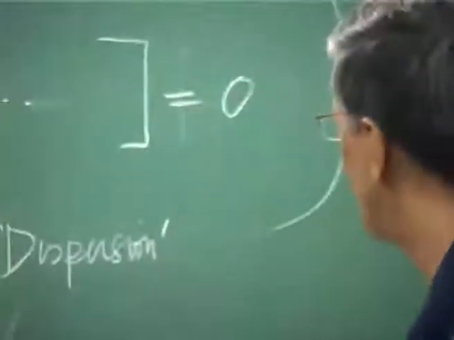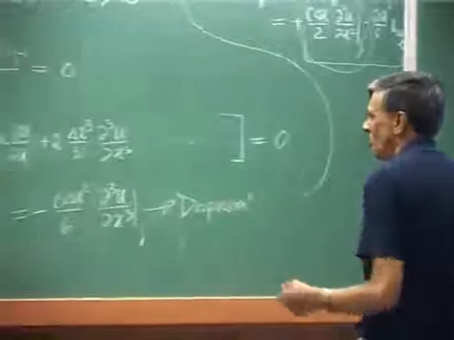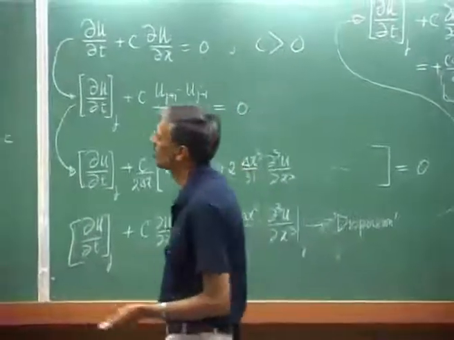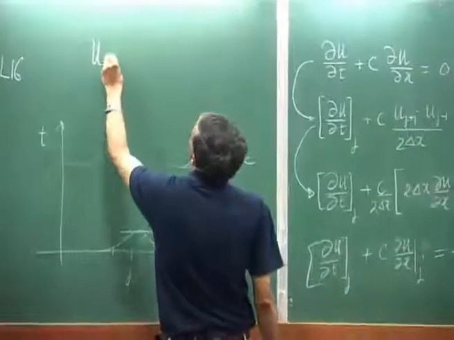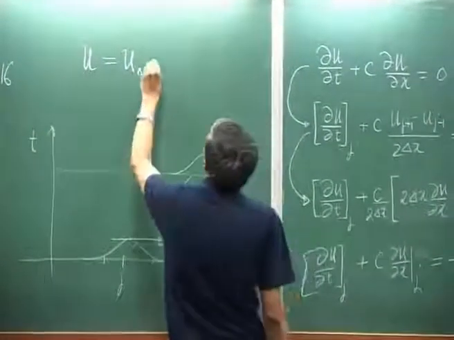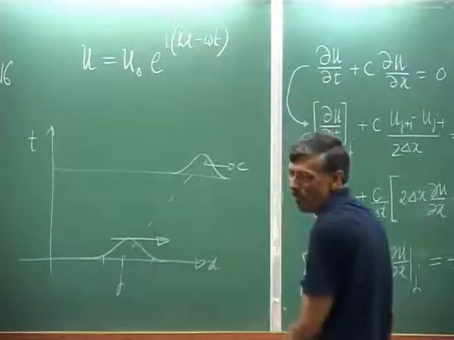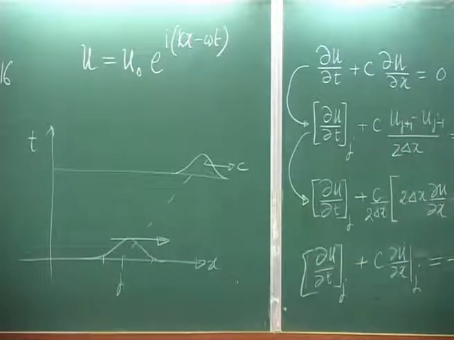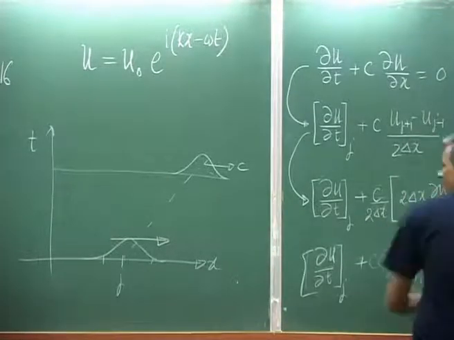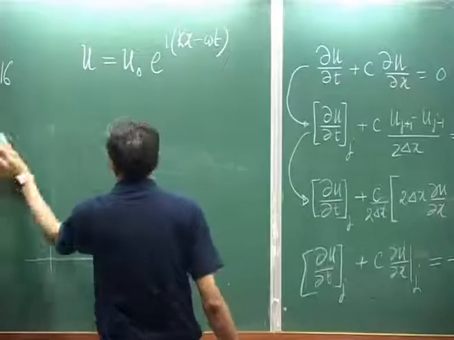Okay, I'll give you a clue. What you do is you try out your so called trial solution, some amplitude times, let us say, e to the power of the harmonic, and plug this in. We are looking at a Fourier harmonic, plug it in there, and then you would develop an equation between omega and k, right, isn't it? That is what we have done for so many days over the last couple of weeks. What I would get then,